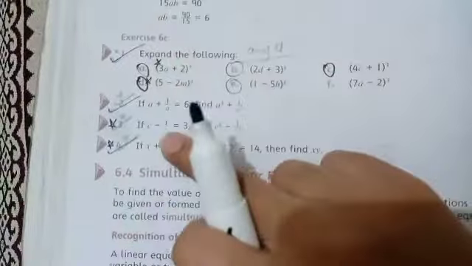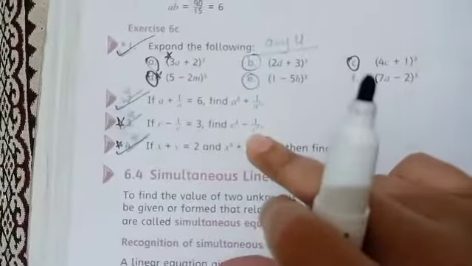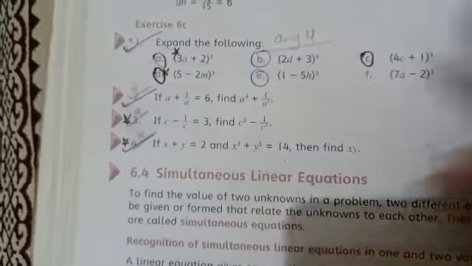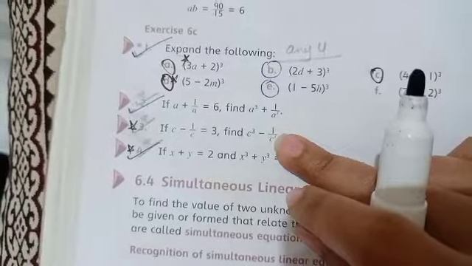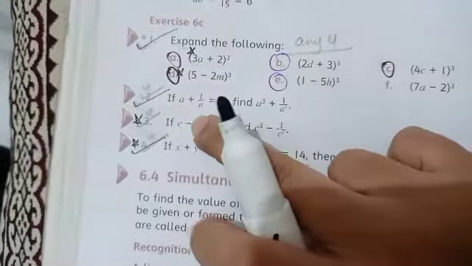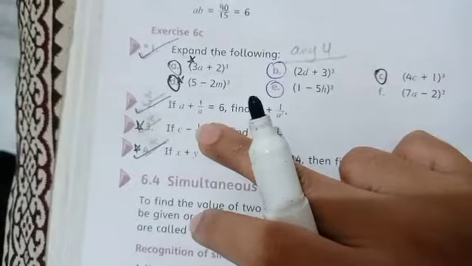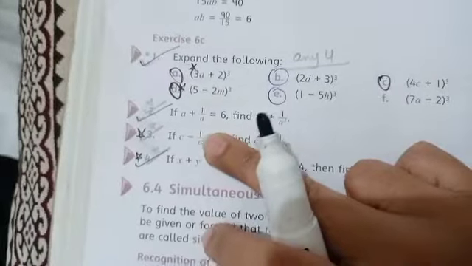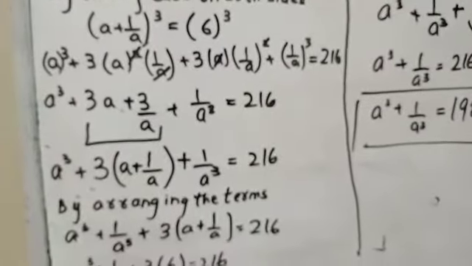In the next part, in question number 3, they had given c minus 1 upon c is equal to 3. Find c cube minus 1 upon c cube. I am not doing this part. You will do it in the same manner as I have done. Question number 3 you will do yourself, but just be careful that it is minus. So you will apply the cube formula of minus. It means a minus b whole cube. Just write down the minus formula and do it in the same manner as I have done this question. You will not make any changes in it.